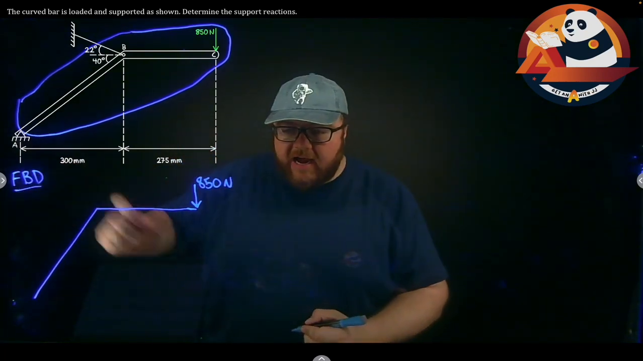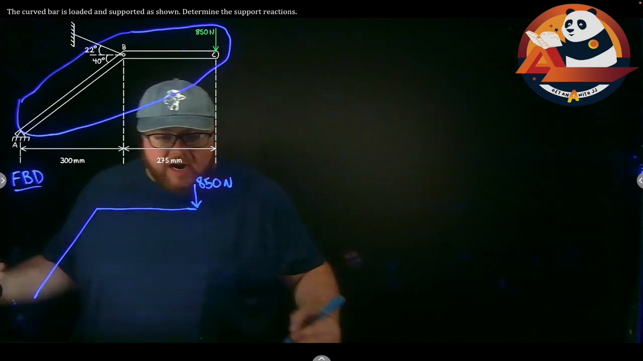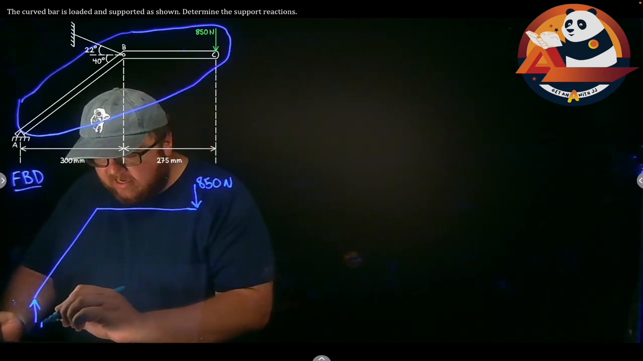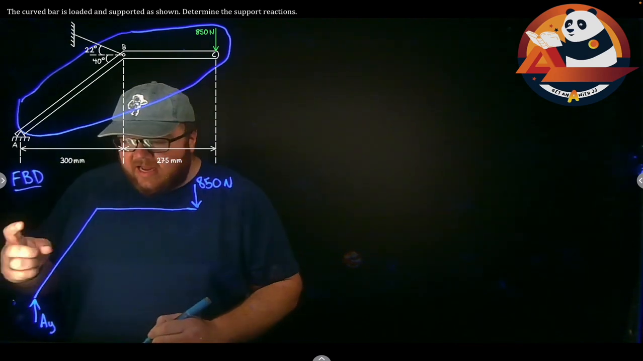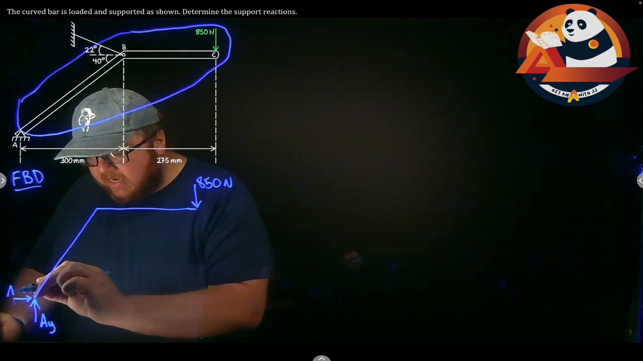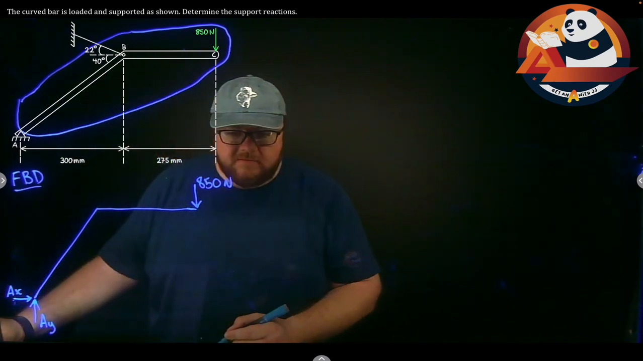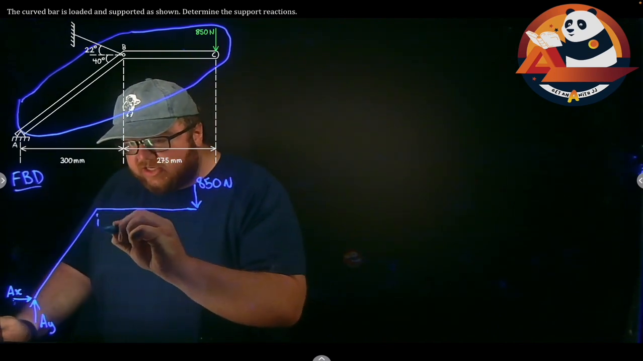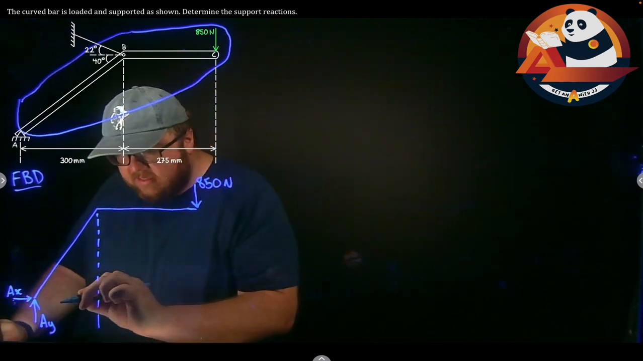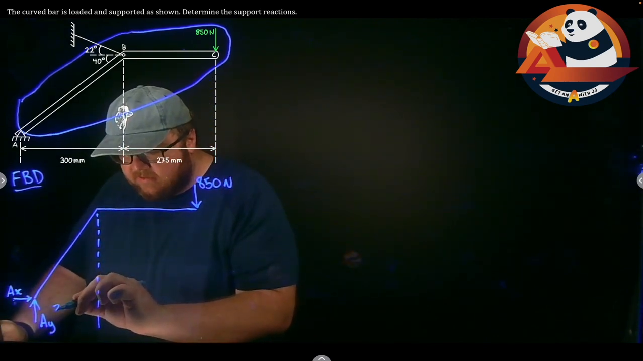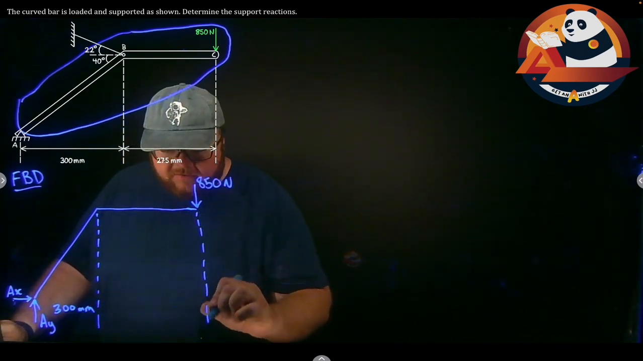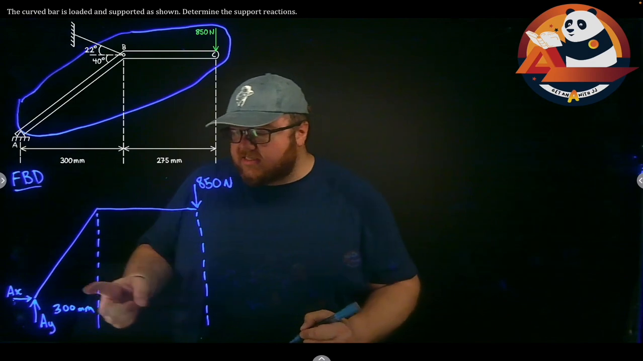At A, I have a pin, so I can put in an AY and an AX, and I'm just guessing directions for my unknowns here. AY, I'll guess goes up. AX, I'm going to guess is in the positive X direction. I know that from A to where we change the angle is given as 300 millimeters. From that angle change to the far right edge is